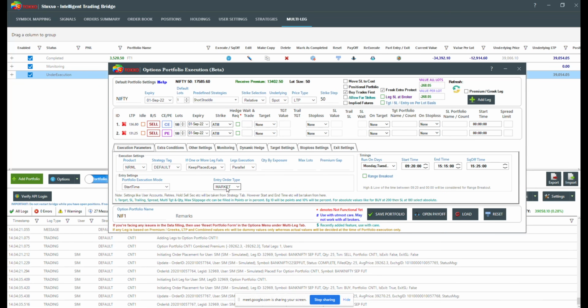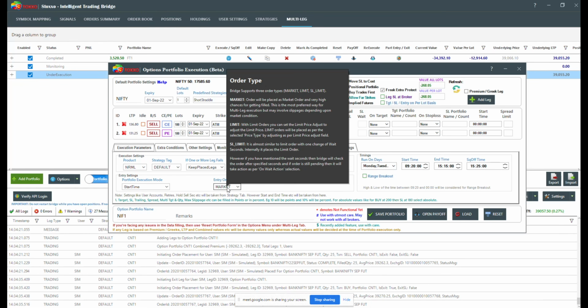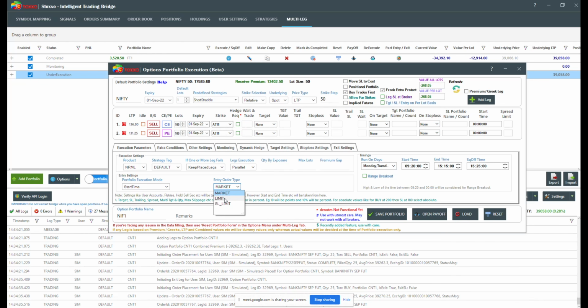Now as I was telling you, the broker will allow you to fire only market and limit orders. The problem with the market order is that many times we may get a lot of slippage by the exchange in cases of freak trades. With the limit order, another risk factor is that my trade may not be executed and the market has rolled back or rolled upside. We don't know. Okay. So Stoxxo gives you a third order type, which is much smarter, much more advanced,